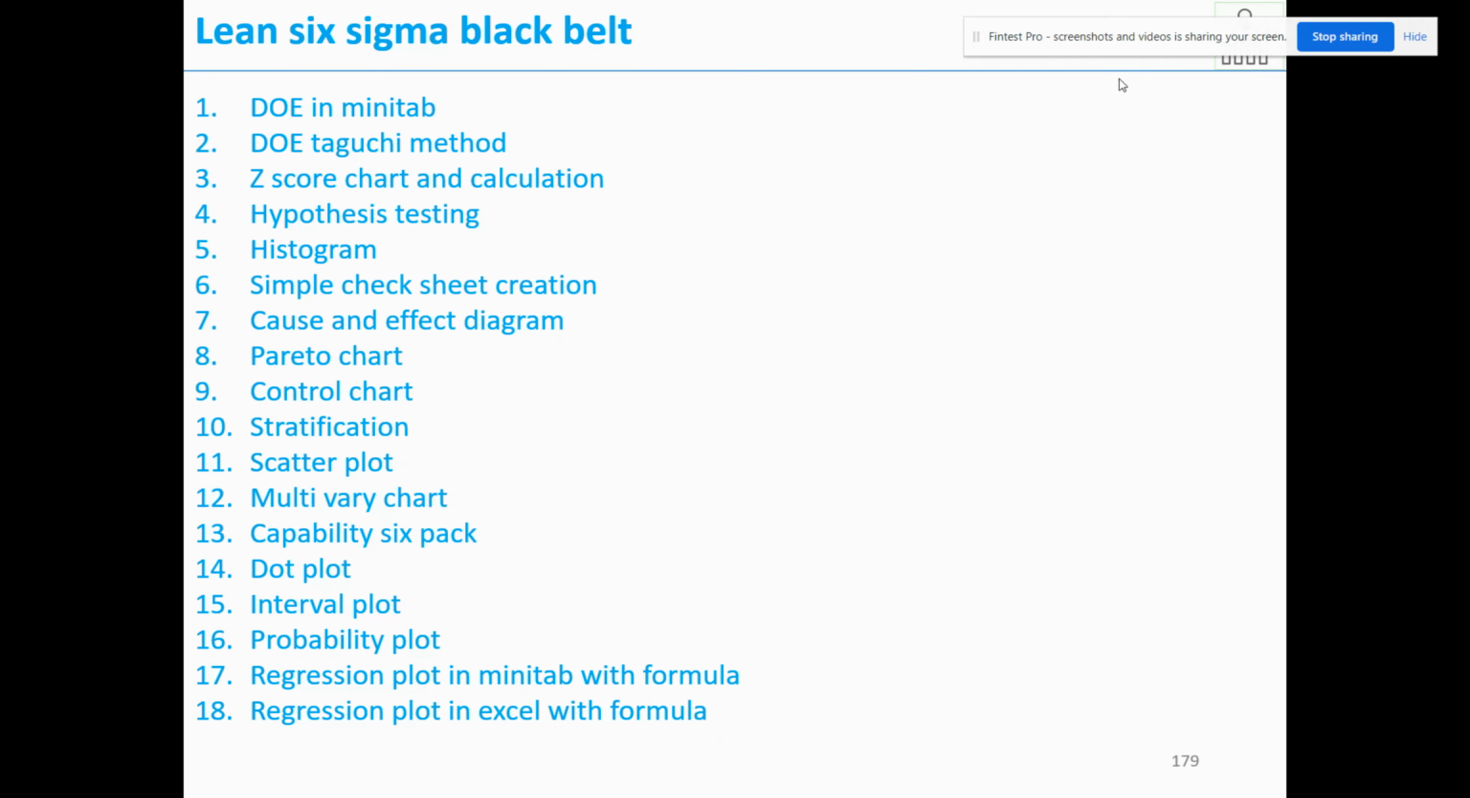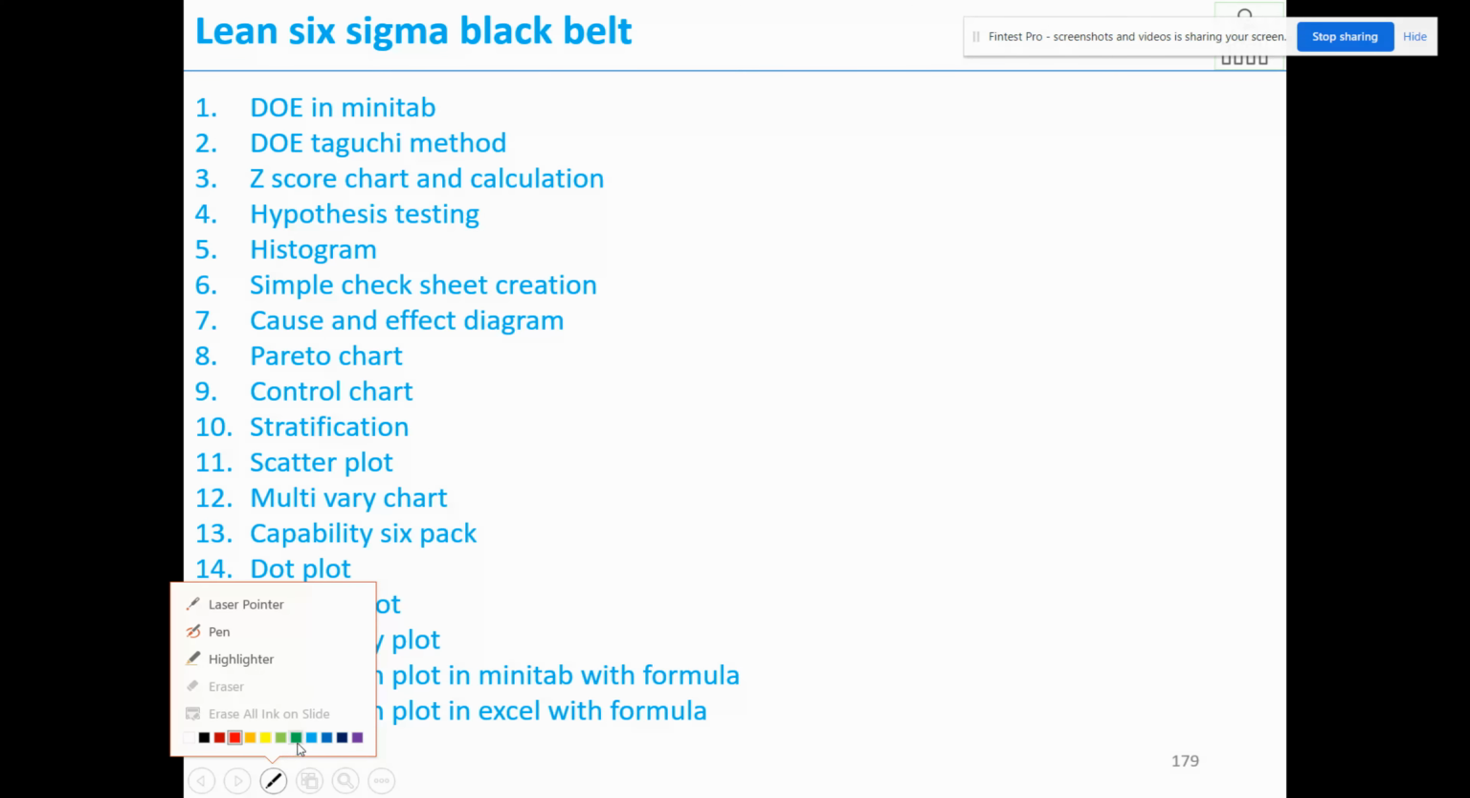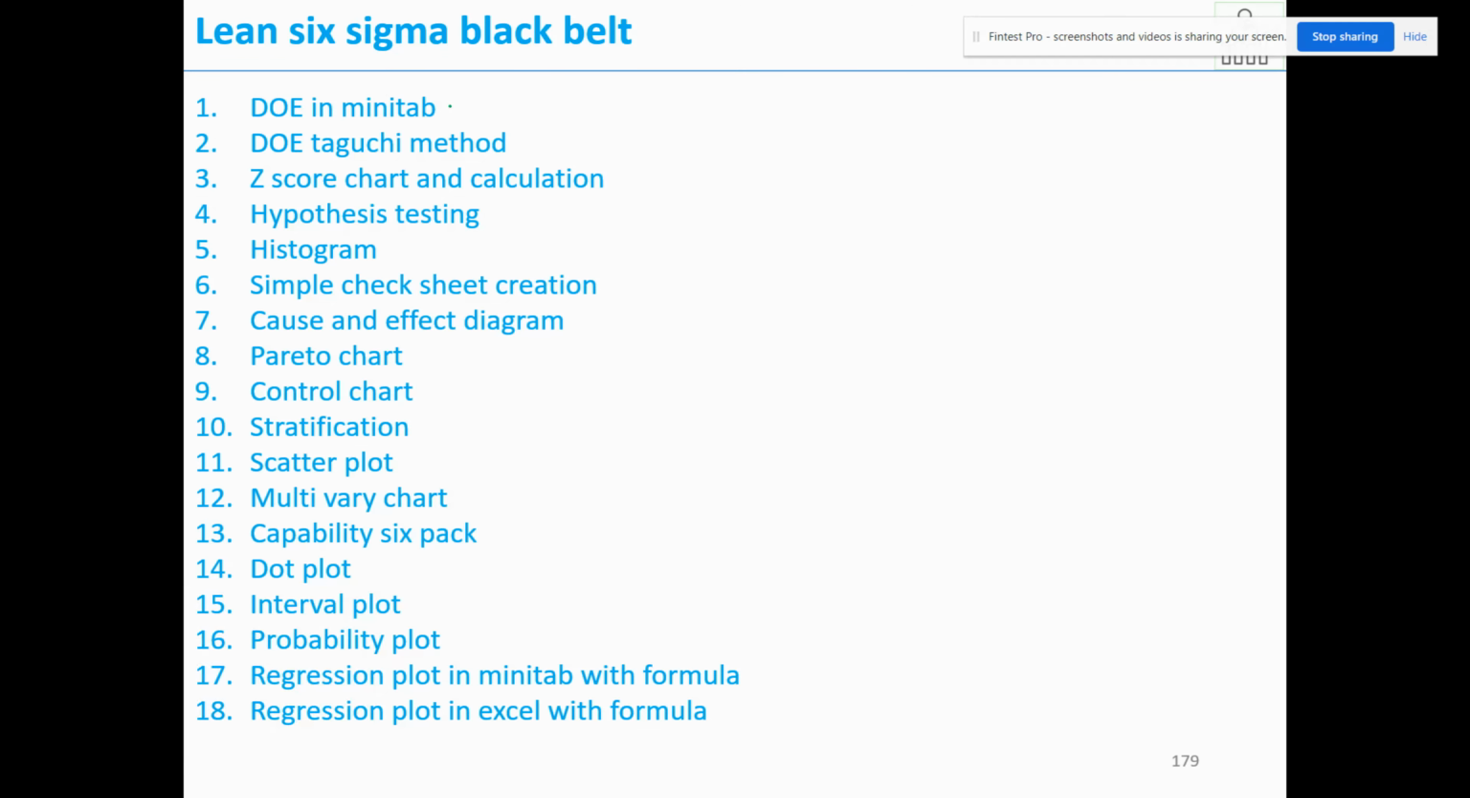Now, these are the things we are going to cover: creating the tools in Minitab, some are a little bit manual. Design of experiment in Minitab, design of experiment Taguchi method, Z-score chart and calculation, hypothesis testing, histogram, simple check sheet creation, cause and effect diagram, Pareto chart, control chart, stratification, scatter plot, multivariate chart,